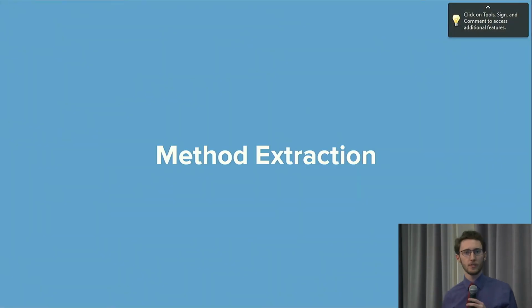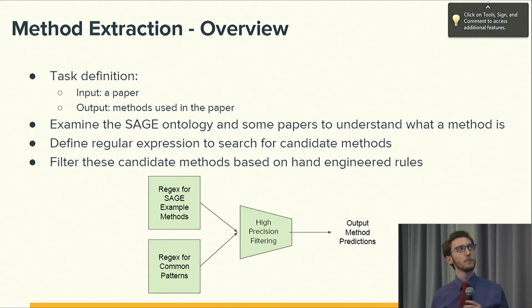Now I'll move on to our approach to method extraction. The task here is to take as input a paper and output methods that are used in this paper. As previous presentations have mentioned, we didn't have any data for this. And it was also somewhat unclear to us what a correct method extraction looked like, which made iterating on anything very difficult. So we took the approach of using the Sage ontology that we were provided and some